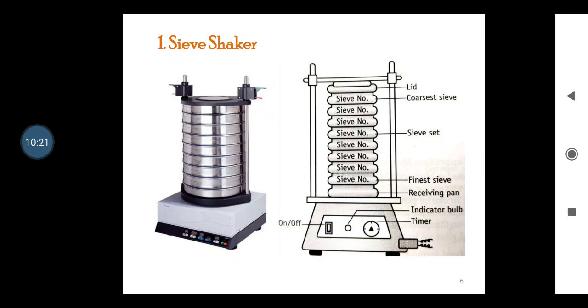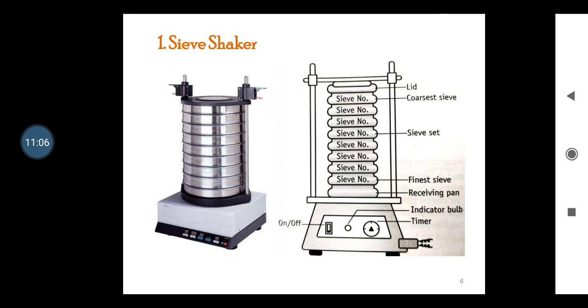As far as practical considerations are concerned, you should take care of the order to get reproducible results. The type of motion influences the sieving. Vibratory motion is most efficient, followed by the side tap motion, the bottom tap motion, or you can say the rotary motion with the tap, and finally the rotary motion too. These are different ways by which you can go through this process, and the type of motion and intensity of the shaker are fixed and standardized. Shakers are commercially available, as I have already told you. Other factors are the weight of the sample and the duration of shaking.